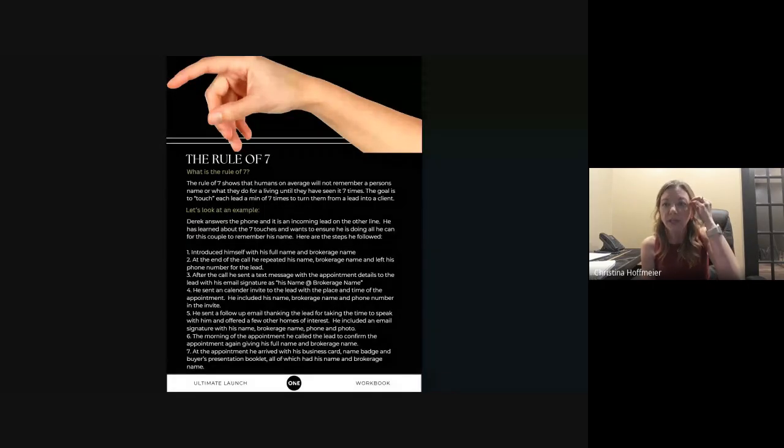So almost like a computer system that reorganizes its data at night when you shut it down, your brain reorganizes and it says, this information is important, keep it. This information is not important, get rid of it. So the rule of 7 says that your brain has to hear their name and how they affect you 7 times. So let's talk about how we can reach out to somebody 7 times.